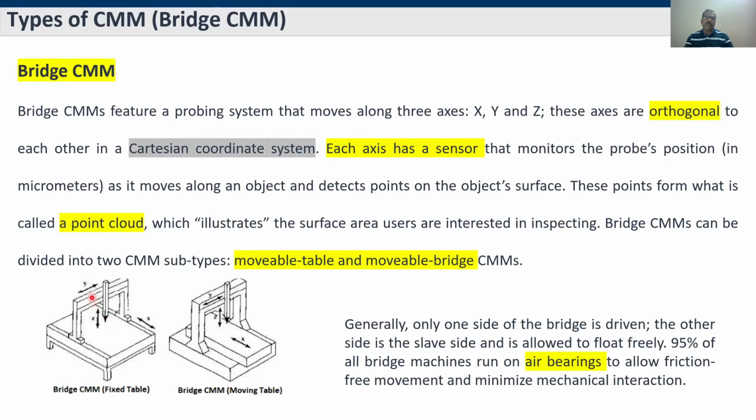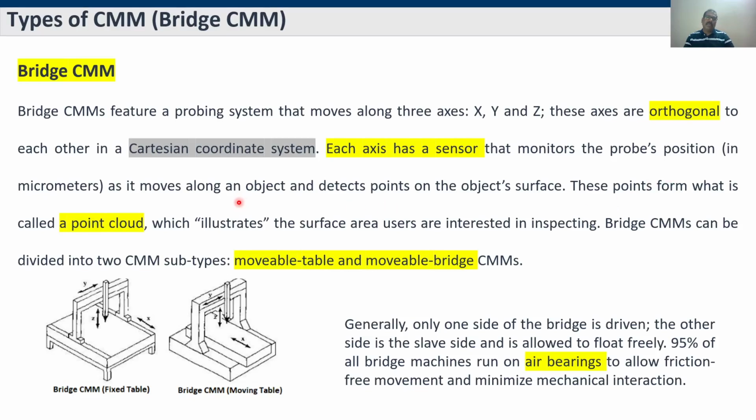For example, the probe is here with respect to Y, and this column is placed here with respect to this axis. So each and every position will have XYZ coordinates, right? Each axis has a sensor that monitors the probe position in millimeters or micrometers